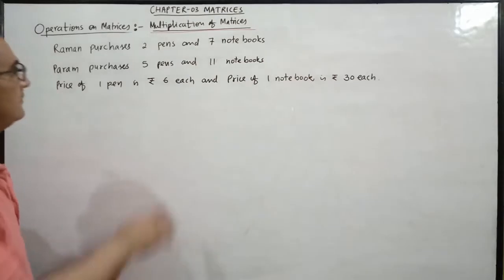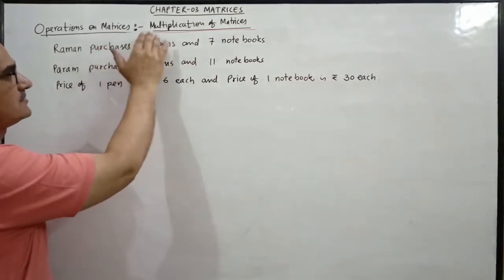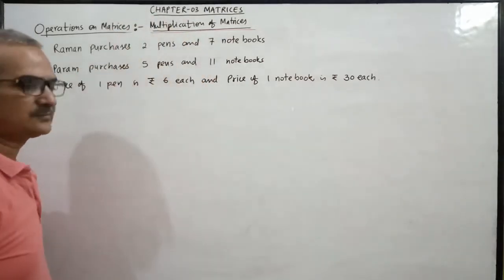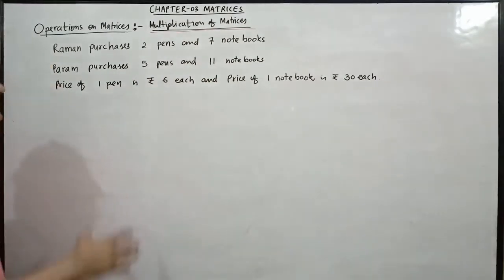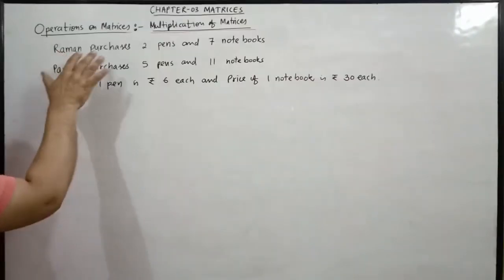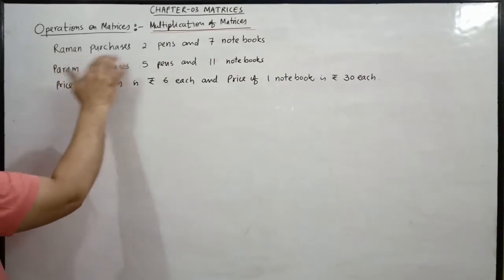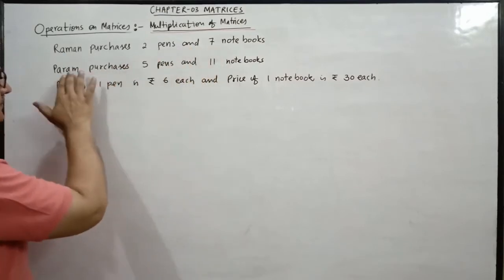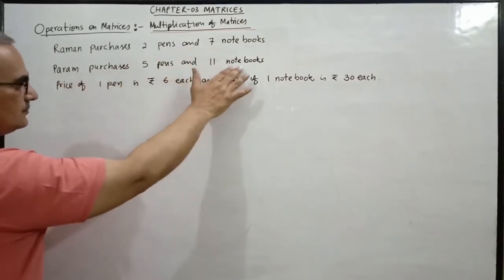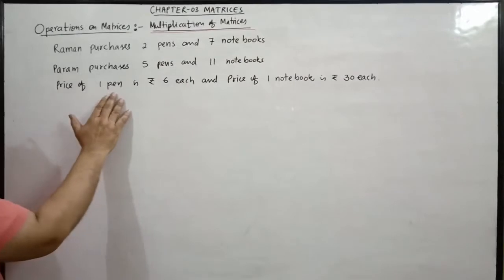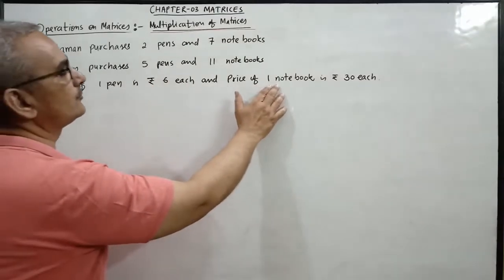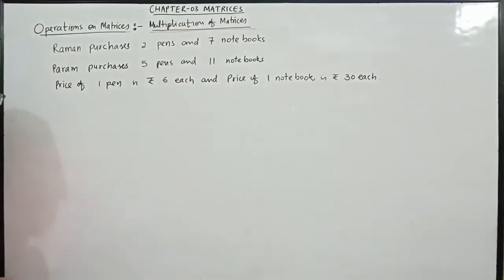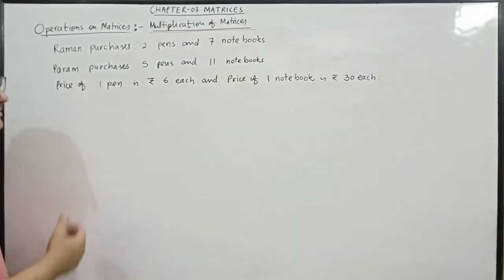Now let's take the next operation. The next operation of matrix is called the multiplication of matrices. Okay, so here we have two friends, Raman and Param. They have gone to a shop to purchase 2 pens and 7 notebooks, and Param purchases 5 pens and 11 notebooks. The cost of one pen is rupees 6 and one notebook is 30. Now we have to find out the total expenditure of them, that is, how much amount they spend